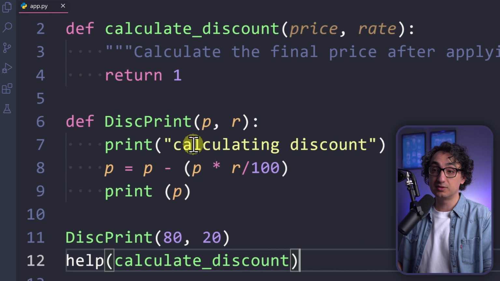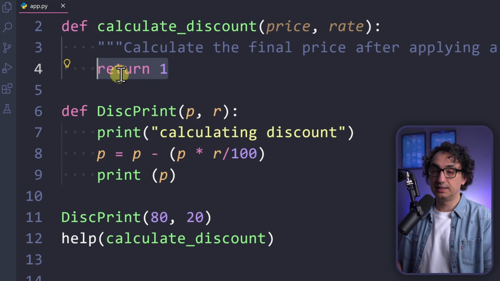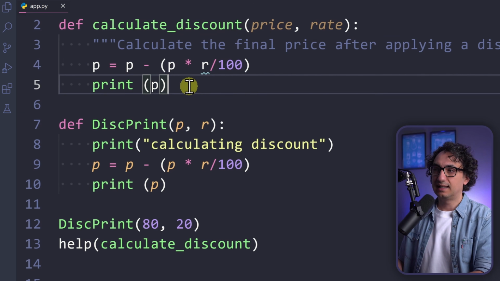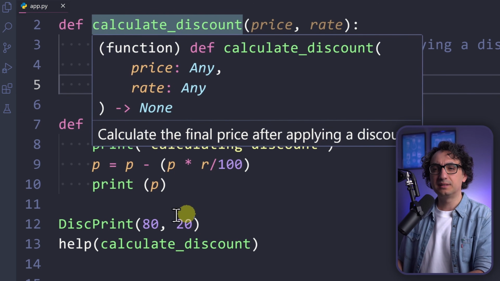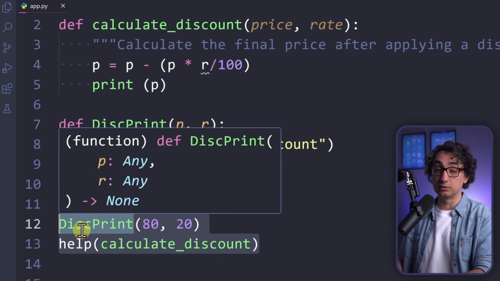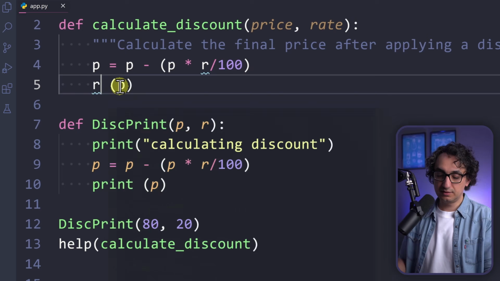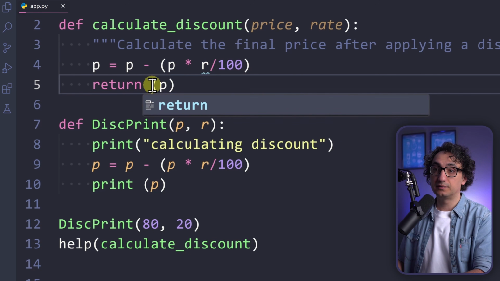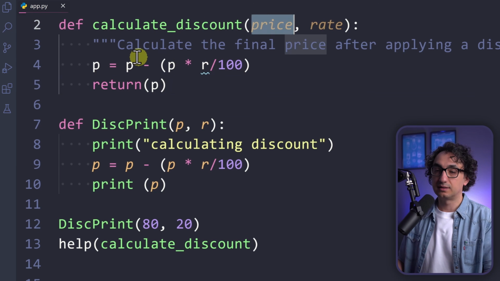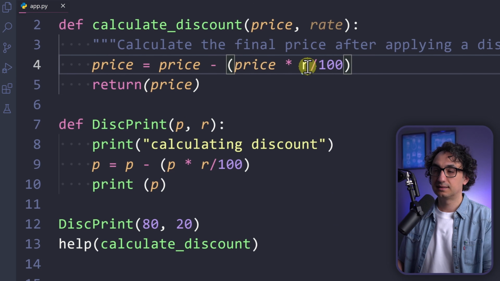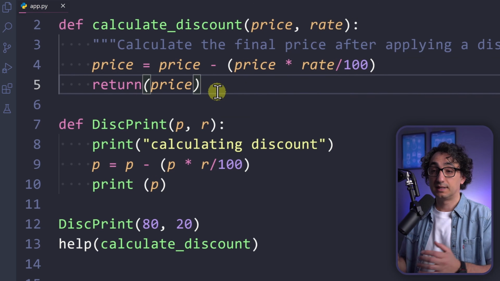So avoid using prints. That means if I take the logic over here and start refactoring, I'm gonna get rid of the first print as well. I understand there is nothing to print in the output, but we usually don't do that. If I need to print, I always print in the main code, not inside the functions. So I will get rid of this, and instead of the last print, I'm gonna replace it with a return, of course. And here we have to start using our parameters. So it's gonna be the price, and here the rate. So that's it actually. Don't use prints, use return instead.